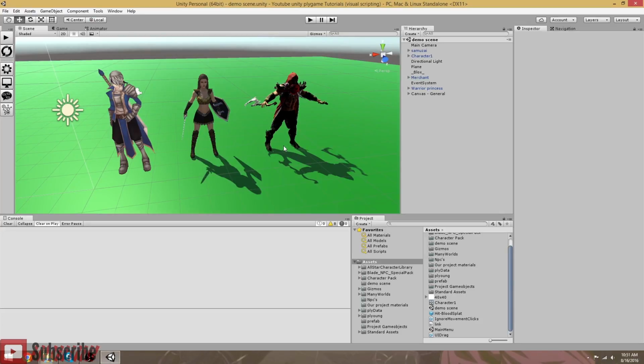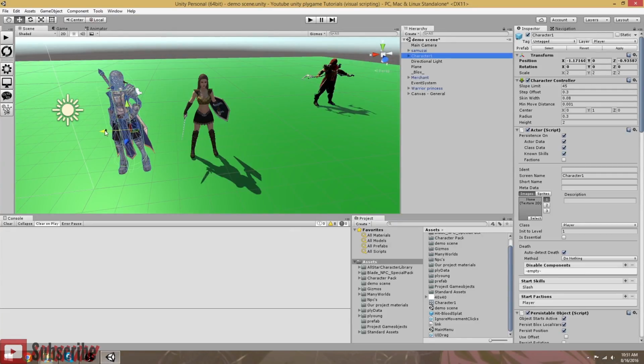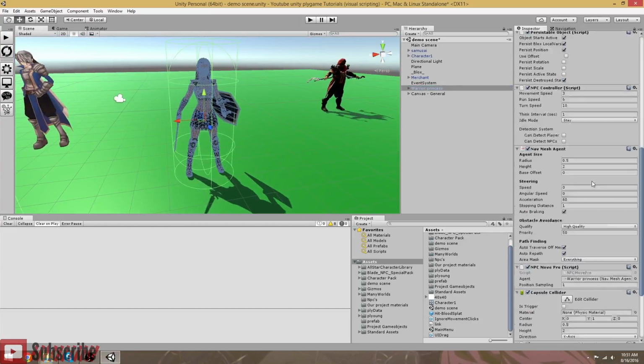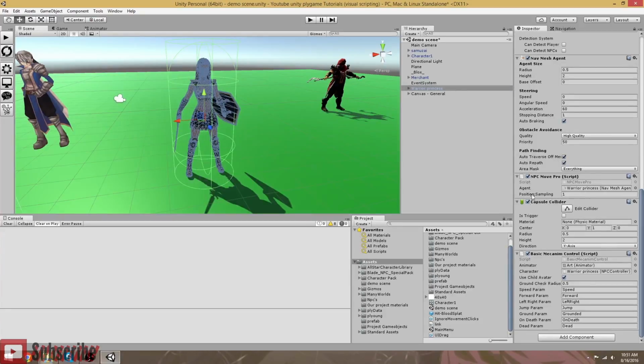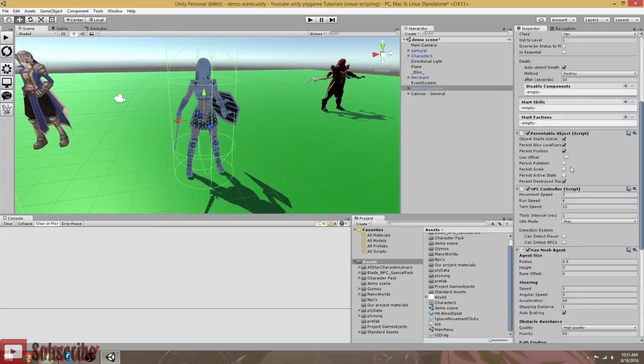So I'm going to drag out of the way our merchant, because he's not really what we're working with right now, and we're also going to want to drag away our character just a little bit. But our warrior princess will be a quest giver. So we've got to make sure that everything's good to go. Yeah, everything is completely fine. I don't need to change anything. Okay,